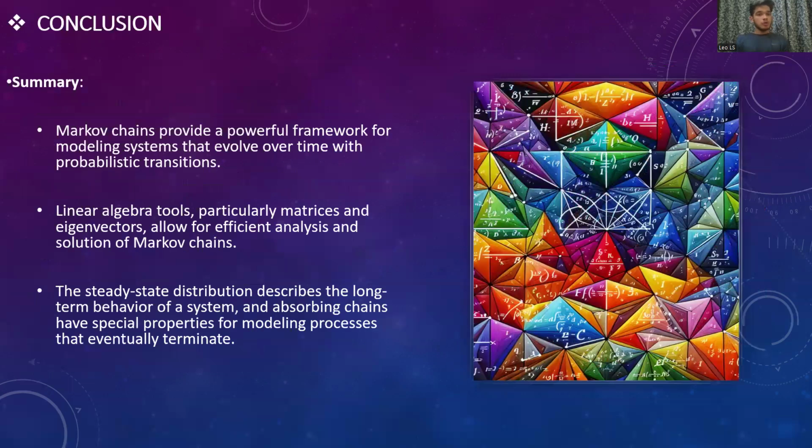Conclusion. Markov chains provide a powerful framework for modeling systems that evolve over time with probabilistic transitions. Linear algebra tools, particularly matrices and eigenvectors, allow for efficient analysis and solution of Markov chains. The steady-state distribution describes the long-term behavior of a system, and absorbing chains have special properties for modeling